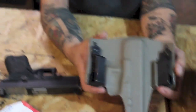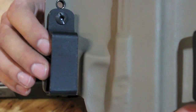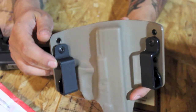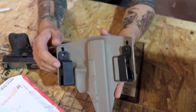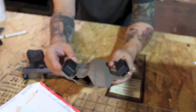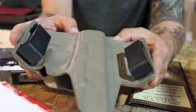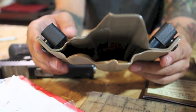The one concern I have with this is the amount that this curves. I cannot fit any belt that I own through this space here. Now, like we've said in the past, the temptation to overly curve these holsters to achieve some sort of ergonomic goal is really, there's a lot of temptation there. We tend to think that the more it curves, the more it fits your body, but you have to take into consideration other factors. Insofar as the shape of your belt isn't always the shape of your body, and you're wearing clothes, and there's all sorts of other things going on,